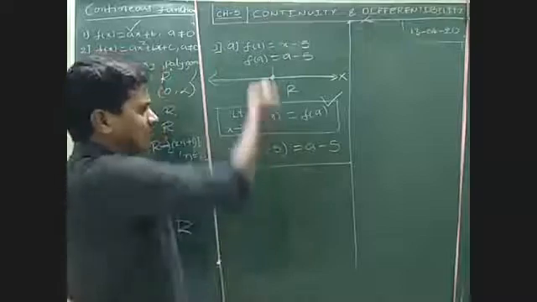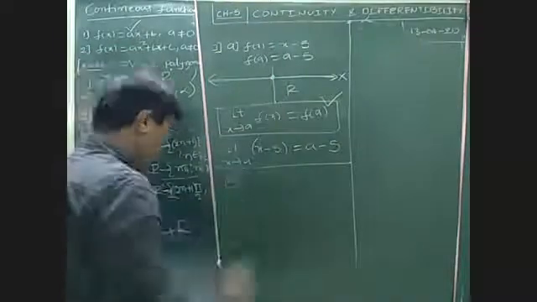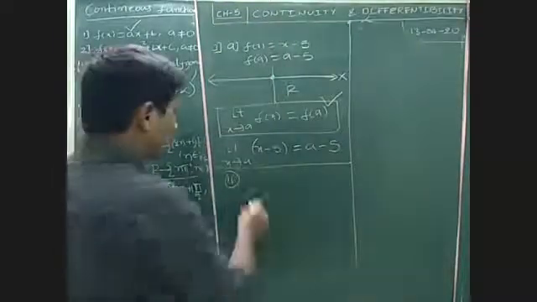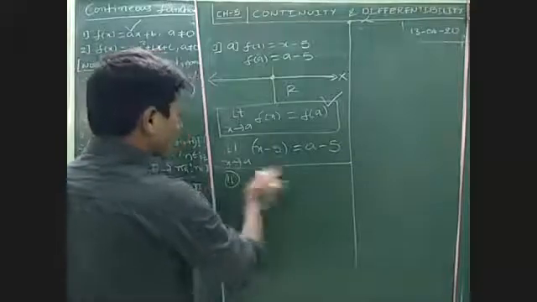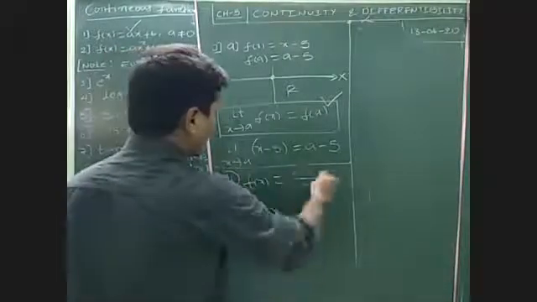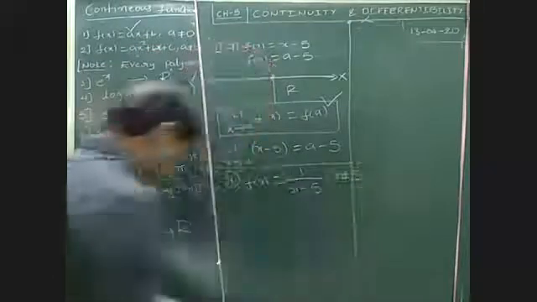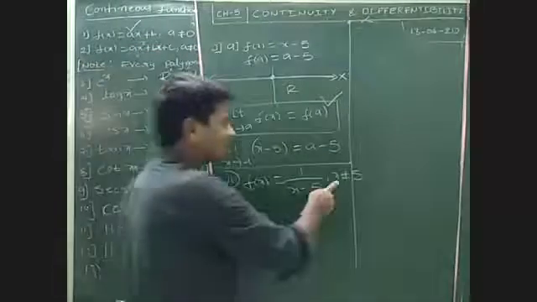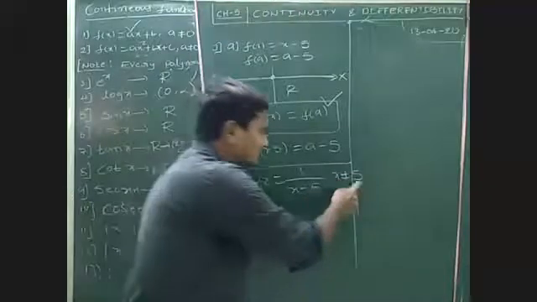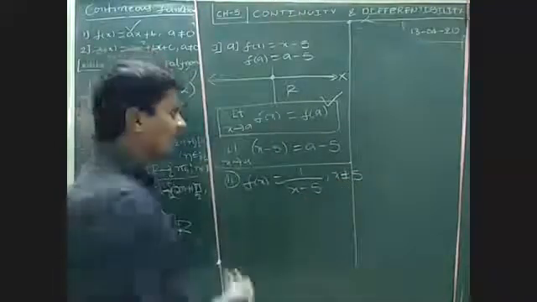So we explain. And the second part is f of x equal to 1 by x minus 5, with x not equal to 5, they have given. Clearly they have given x not equal to 5. If x is equal to 5, what will happen? Yesterday